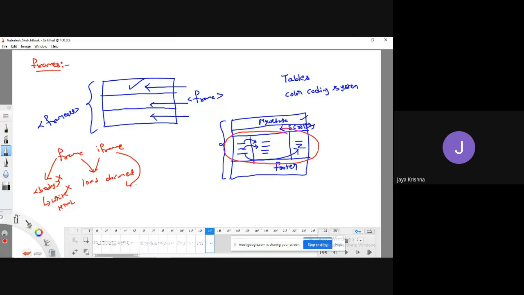Whereas coming to the iframe tag, because of writing the body tag, I can use or write all other HTML elements. Whereas coming to the division tag, the advantage is I can use this division tag inside the body. I can write all the HTML elements, but I can't load the documents. But I can write any document whichever you want.